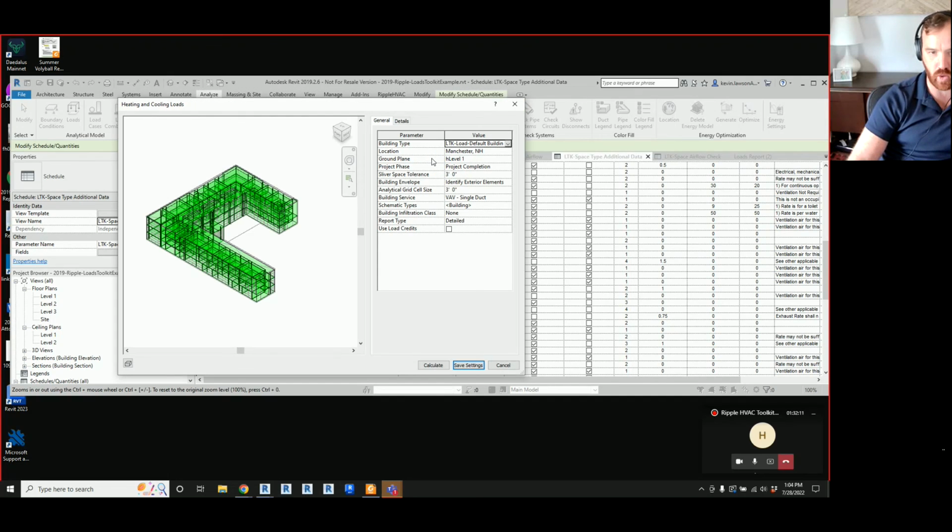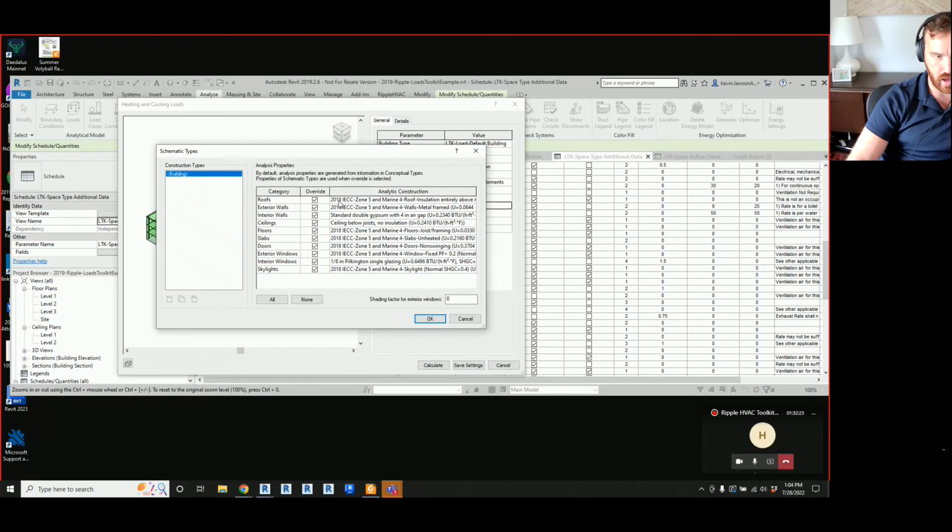Anything that's below the ground plane will be assumed to be a below grade wall, and that will use your